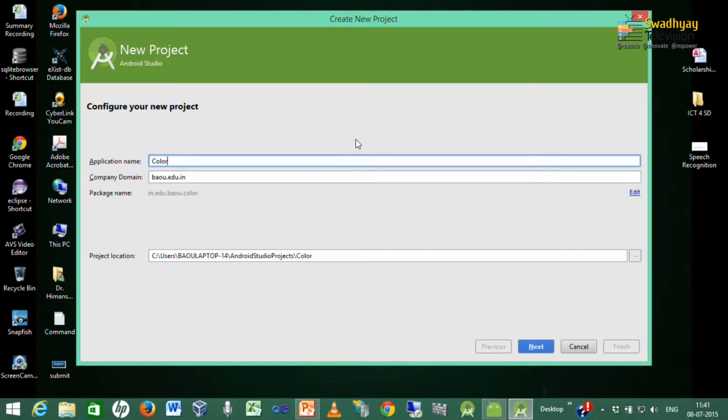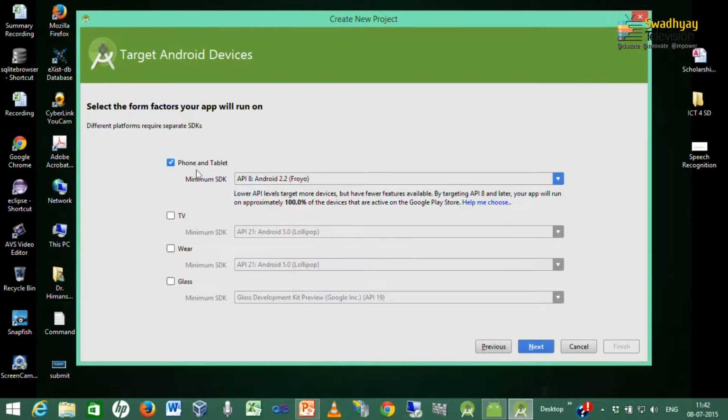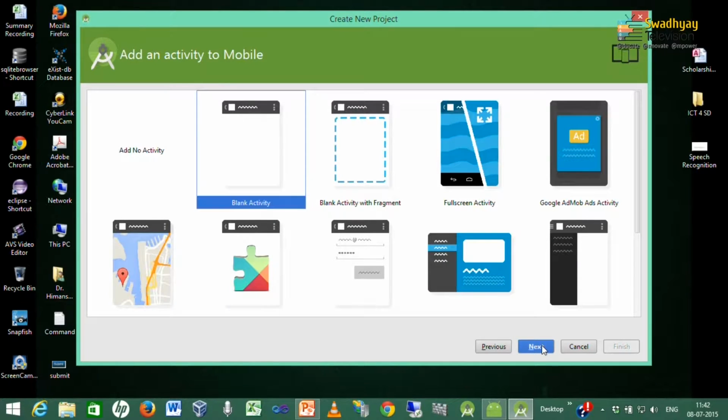Our application name is color demo, so we type color demo here. Company name is default, project location you can specify using project location. We press next button. Here we select Android API 8 or Android 2.2 Froyo version and then press next.